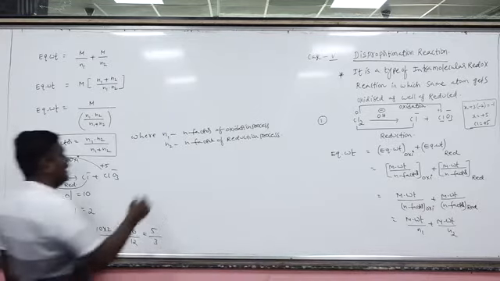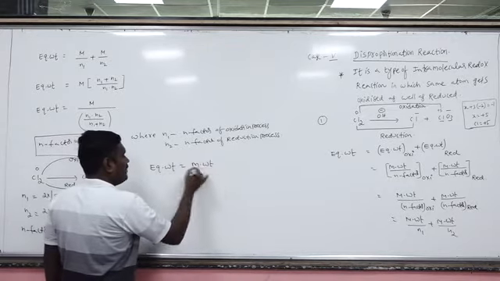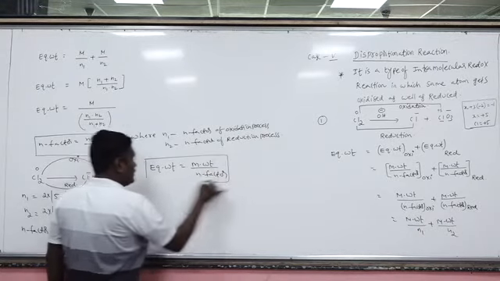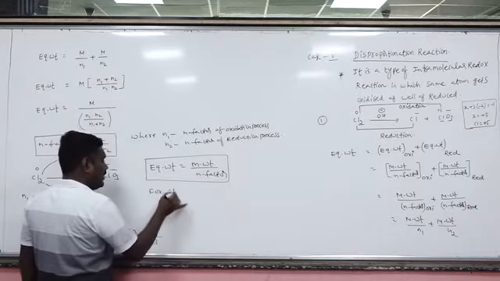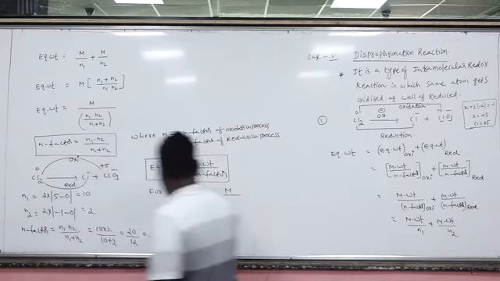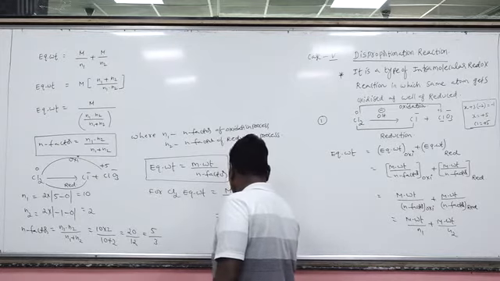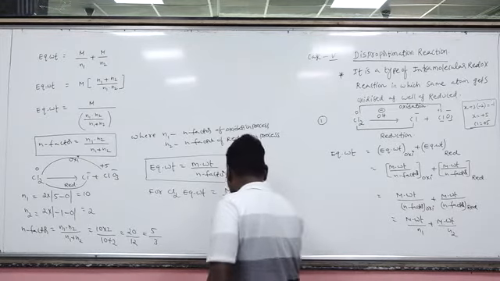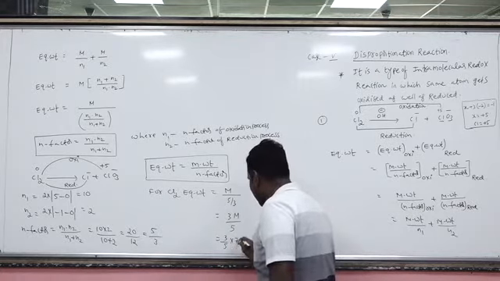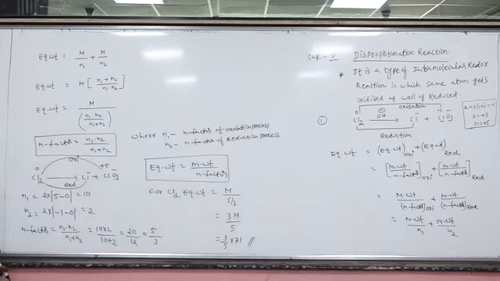Okay. Now I want to calculate equivalent weight. Equivalent weight is equal to what? Molecular weight upon n factor. So for chlorine, what is the equivalent weight? Molecular weight upon n factor. What is the n factor here? 5 by 3. So you have 3M by 5. What is the M? Molecular weight. What is the molecular weight of chlorine? That will be 71. So this is the equivalent weight of chlorine in a disproportionation redox reaction.